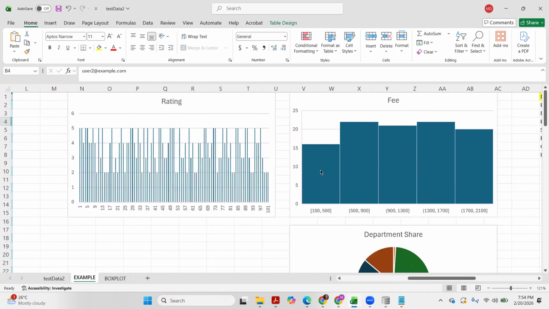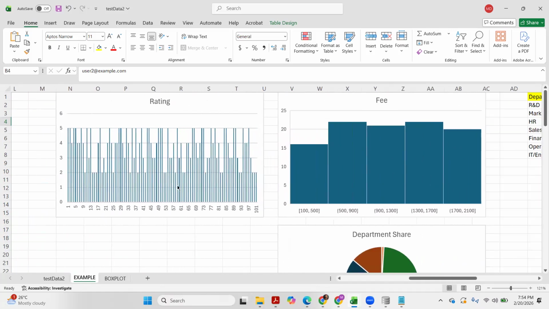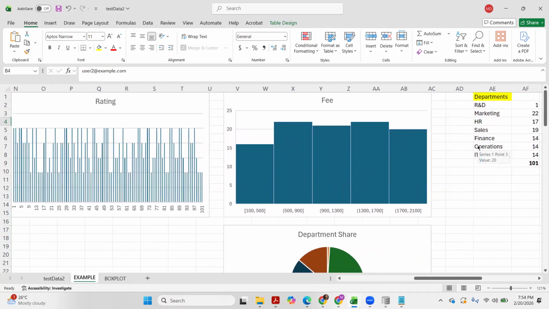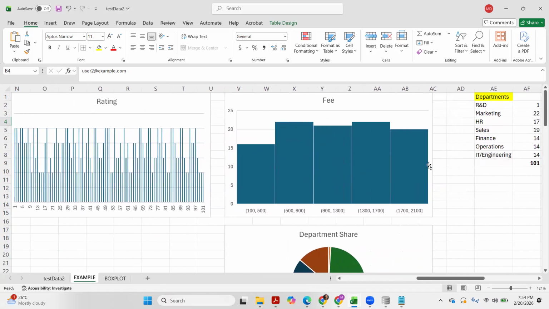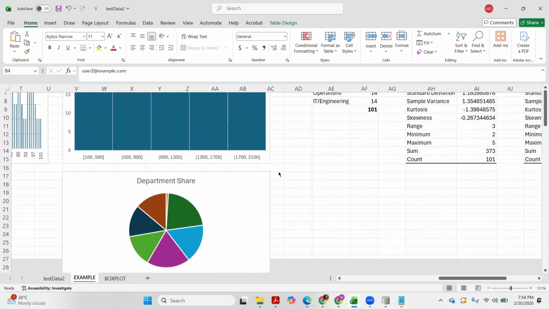And we want to see the histogram or the distribution of the fees. But because of dummy data, as you can see, my data is not well spread. If you have actual data, I believe you can have a better result.